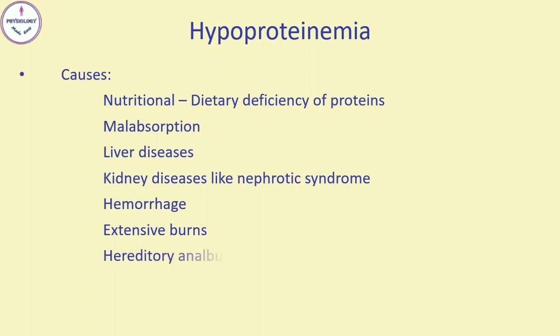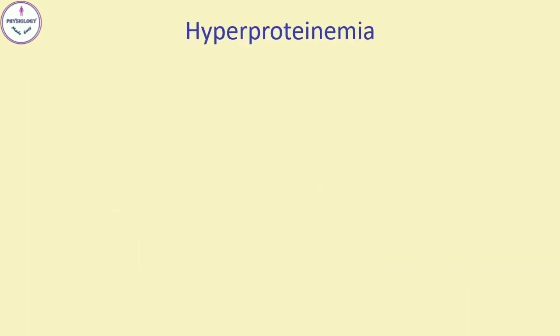Next are hereditary disorders like hereditary analbuminemia, in which there is no or low serum albumin, and congenital afibrinogenemia, in which blood does not clot normally due to lack of fibrinogen. Now we will consider hyperproteinemia. It means higher than normal levels of proteins in the blood. The causes are